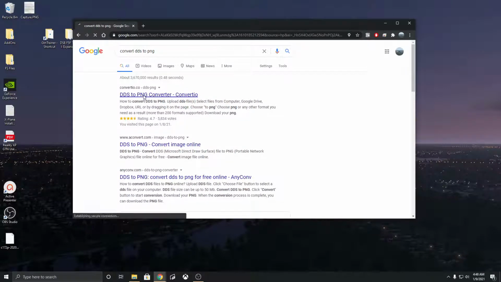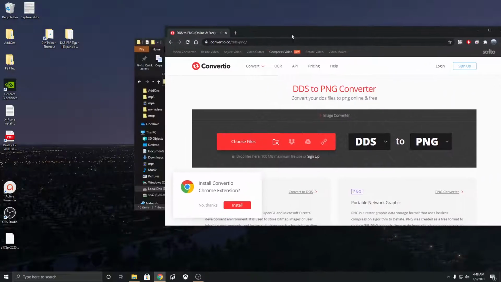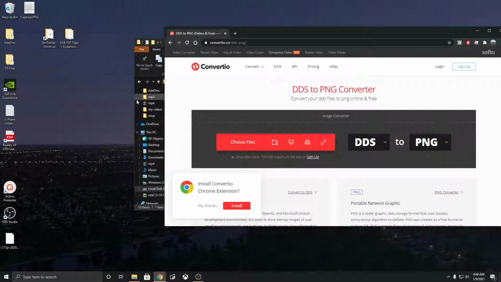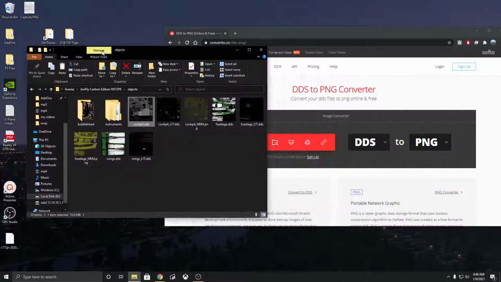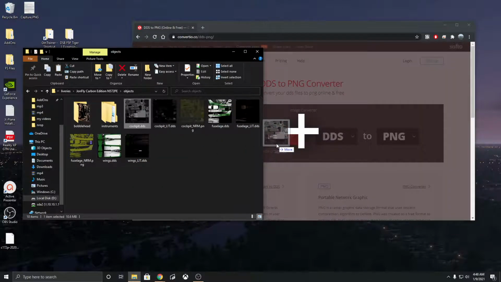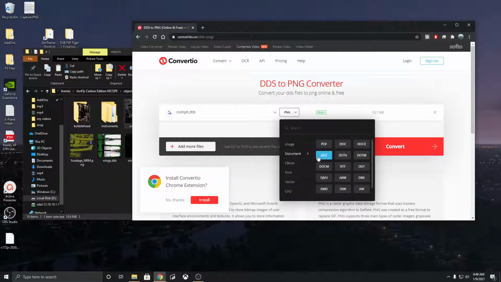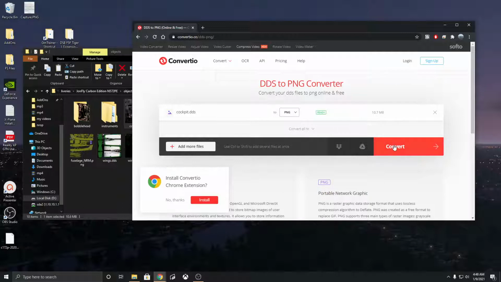and then I found this site, and I dragged one of those files over, the cockpit.dds. There we are. I just dragged that file over here and told it to convert to PNG, and you can do image. There's a bunch of different formats you can put things into, but I chose image and then PNG, and I clicked the convert button, and then a short time later,